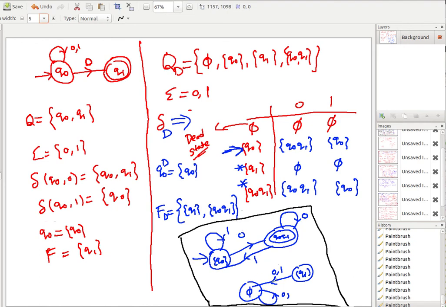But you can always say that this is a disconnected component, right? And by the way, this is the final state q1. So you see there are two different disconnected components. Starting from this machine you will never come to this component of the part. So even if you just delete this component, that will not hurt the DFA.